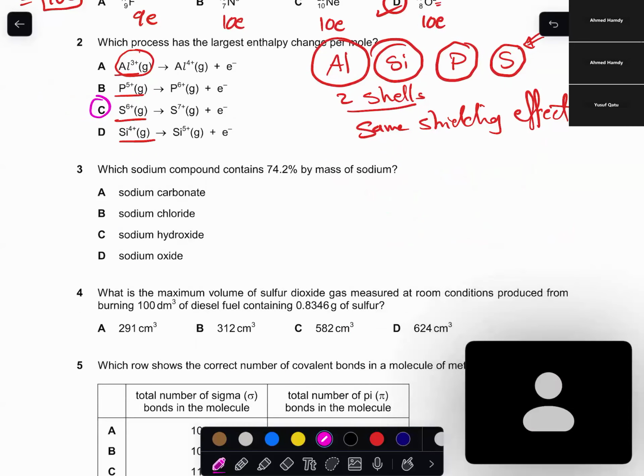Which sodium compounds contain 74.2% mass of sodium? In this case, I have to calculate the mass percentage of sodium in each one. So in the first one, to calculate the percentage of sodium, sodium carbonate is Na2CO3. So it will be 2 times 23 divided by 23 times 2 plus 12 plus 16 times 3, times 100 equals